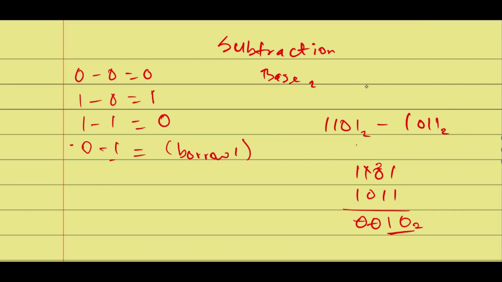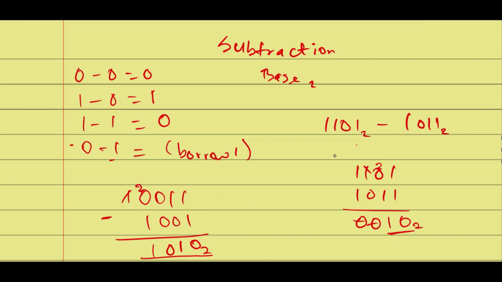We can solve another example. So if we have 10011 minus 1001. So 1 minus 1 is 0. This is 1, 0. This, we're going to borrow from here. So we have 2, and then we have 1. So this would be the correct answer for this minus this in base 2. Let's move on to